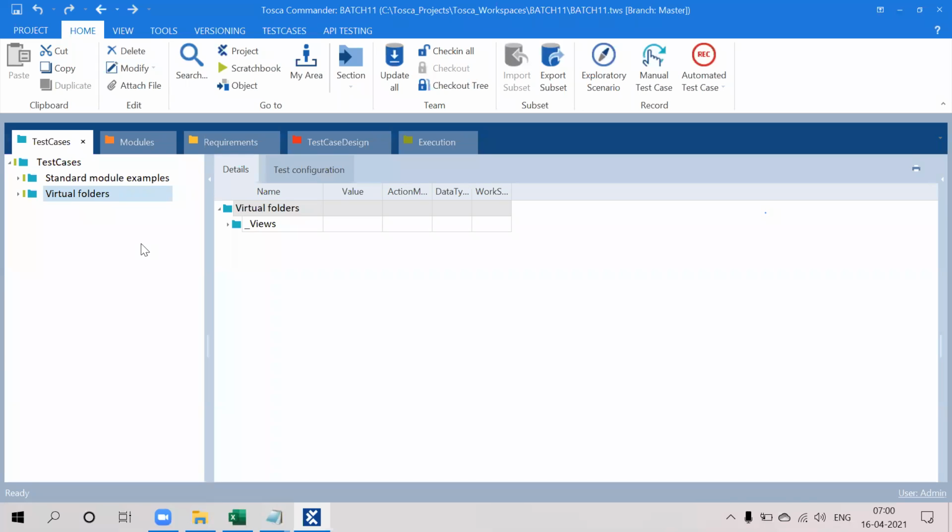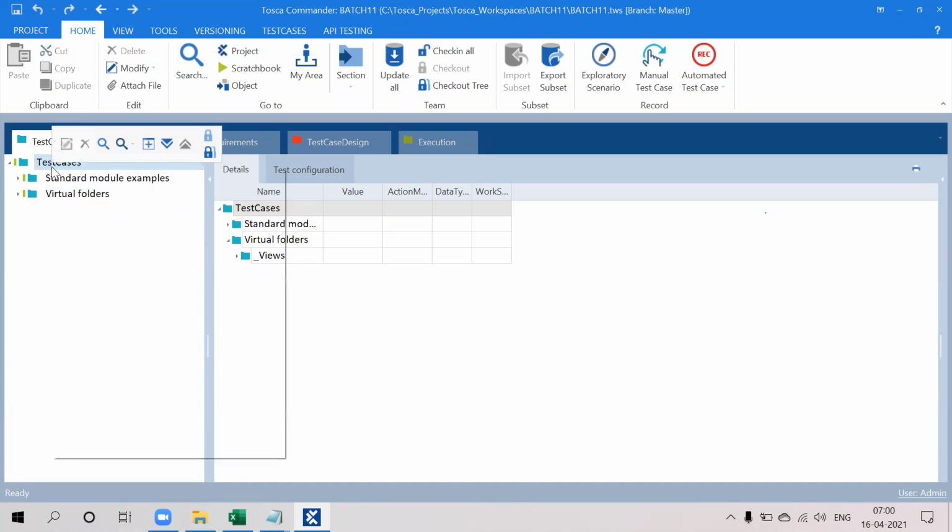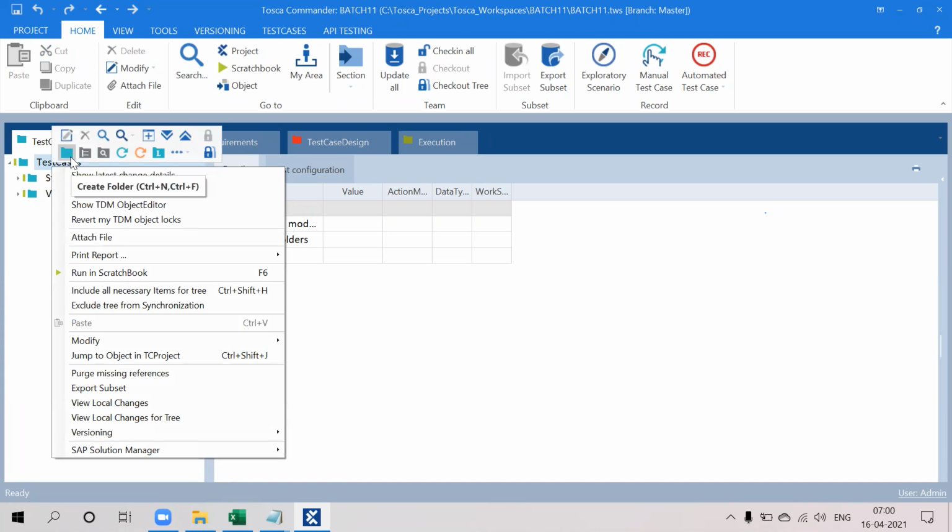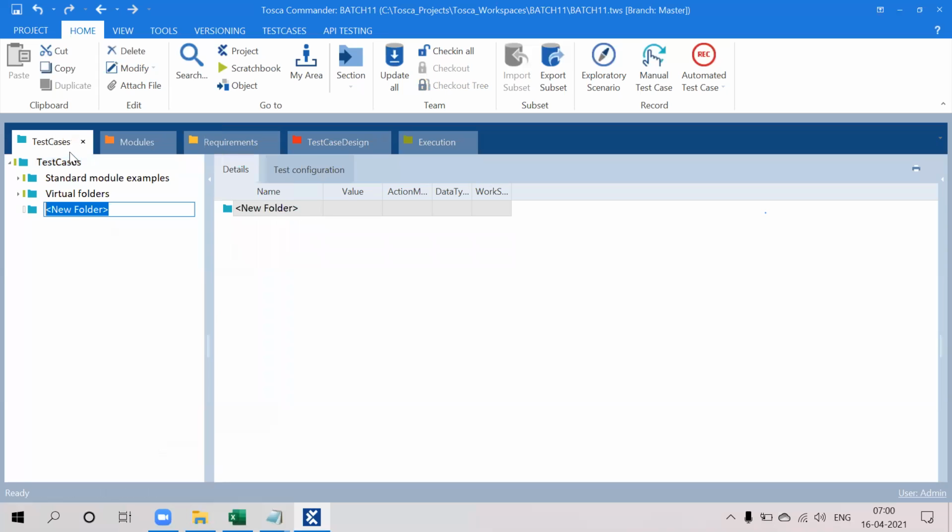Now I am going to create one folder structure here, under the test case. For example, I am going to create one with my name.